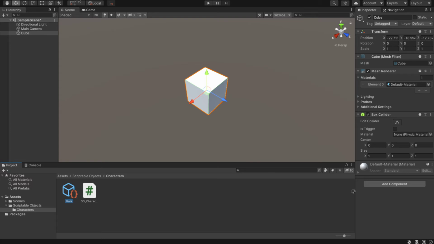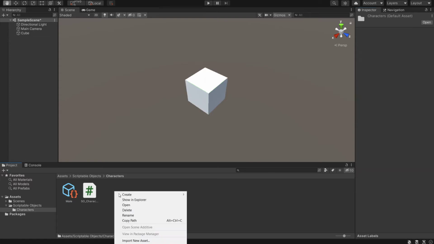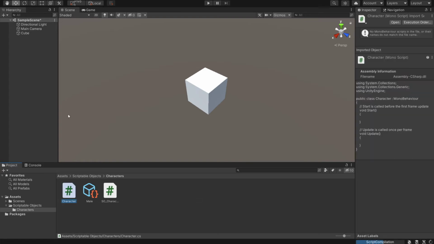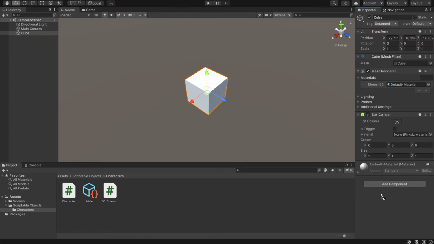I try, it doesn't do anything. How do we fix that? Well, we make another script and we call this character. In my case, I'm using SO character as a reference to this is a scriptable object, and then the exact same name without the SO, which is a reference to, okay, this is where we get all the data from that scriptable object. So I just called it character, I go to my cube, and this I am gonna put